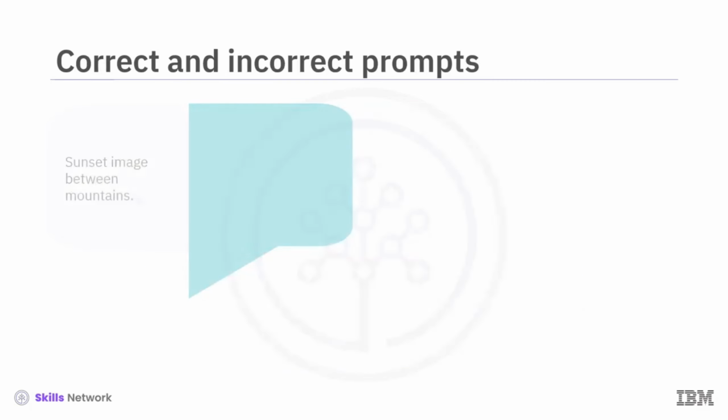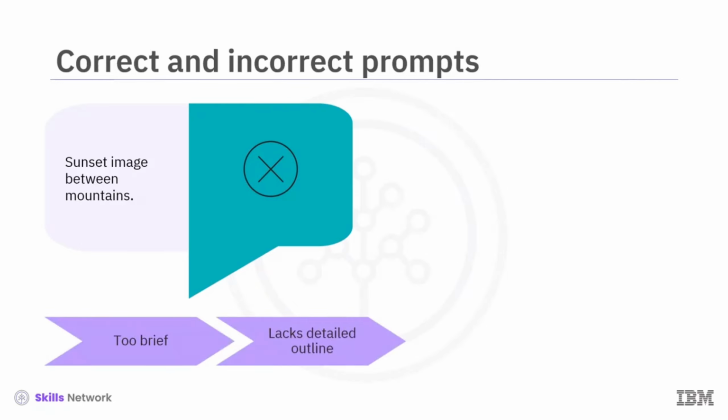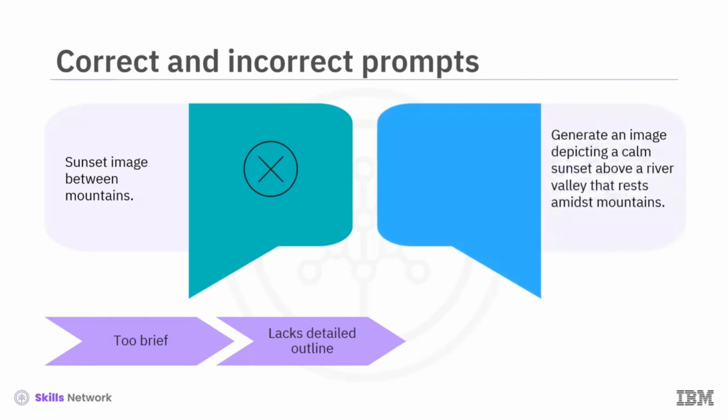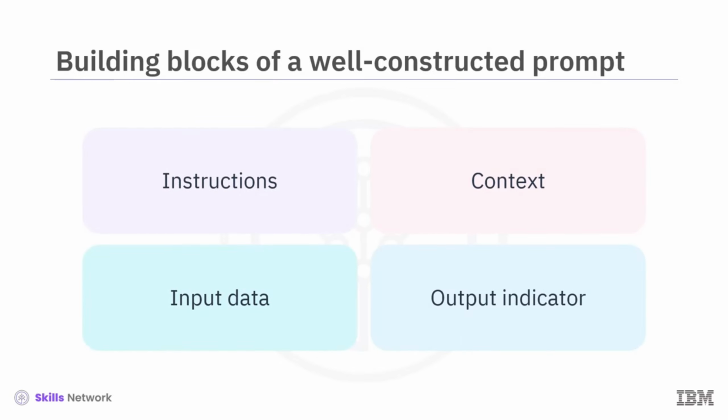you have in mind. Writing the prompt as "sunset image between mountains" may not give you the desired output. The prompt is too brief and lacks a detailed outline of the image you have in mind. You can rewrite the prompt as "Generate an image depicting a calm sunset over a river valley that rests amidst the mountains." To master the art of writing effective prompts, let's understand the building blocks of a well-constructed prompt one